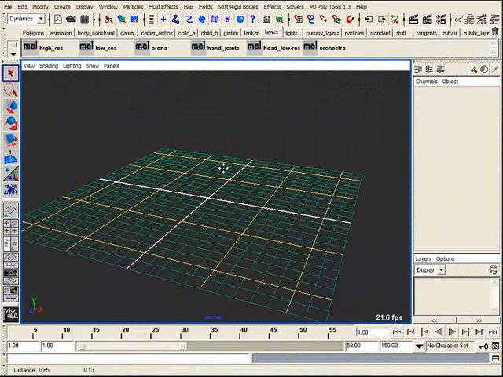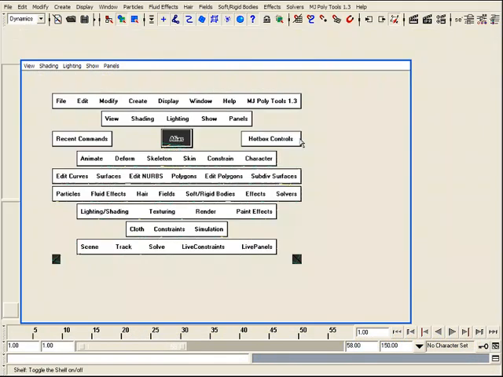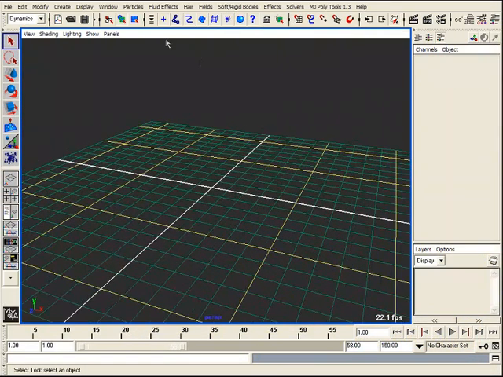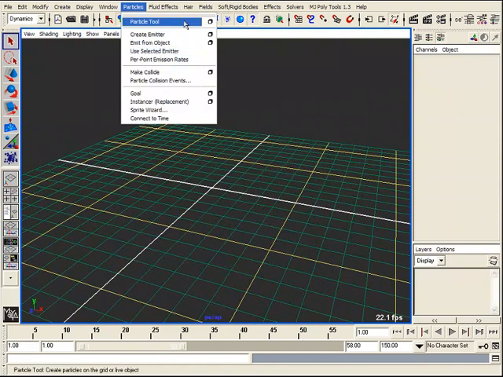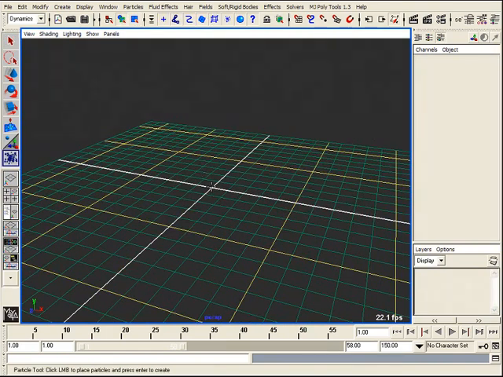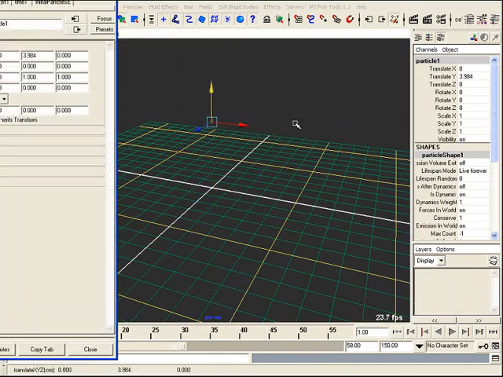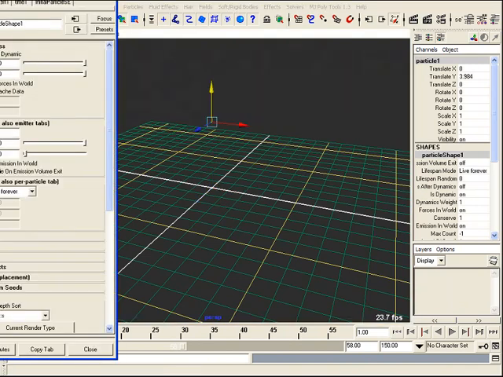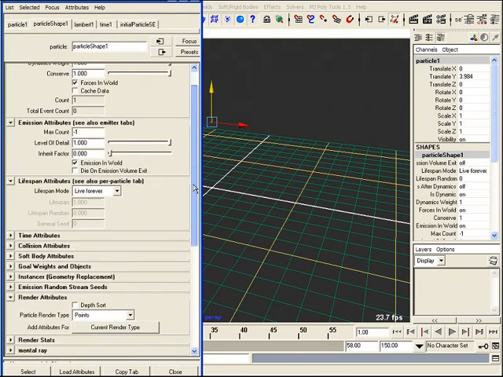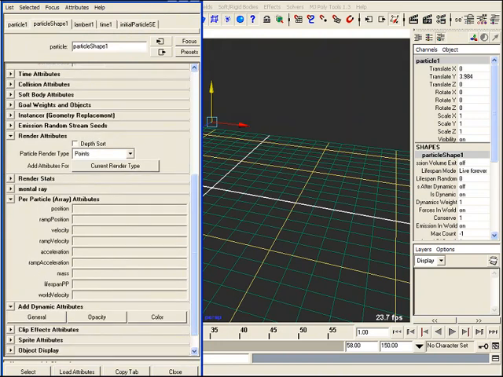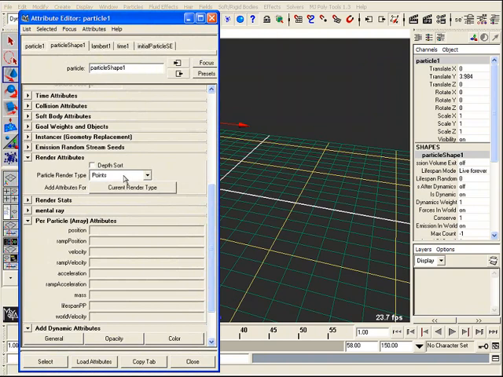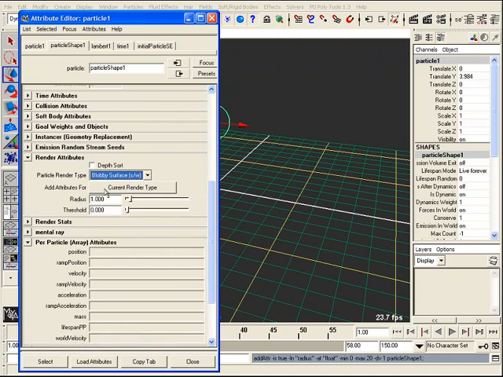Alright, well we're going to take a look at the basics of blobby rendering. What I'm going to do is create a single particle with the particle tool. Just one at the origin, move it up a little bit, and let me go inside here and get that to be blobbies. In the attribute editor for that particle, I'm going to go to render attributes, setting the render type to blobby, which is a software render type, and I'm going to add attributes for that, which gives